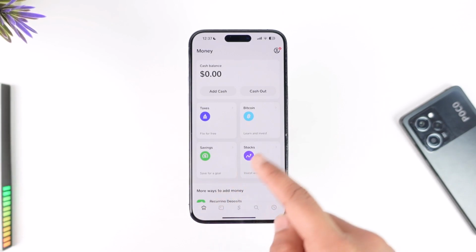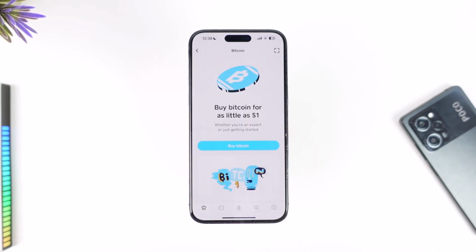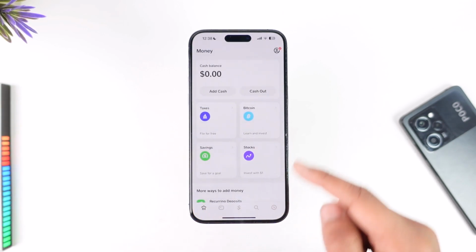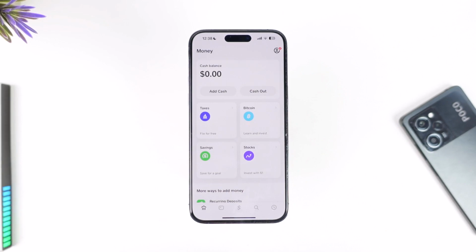So you come to the home tab, you tap on buy Bitcoin. Now I personally don't have any Bitcoin that I can sell, but if you do, instead of buy Bitcoin, you'll also find the option to sell your Bitcoin for a certain amount of dollars depending upon today's market value. Once you sell your Bitcoin, the money will then be deposited to your Cash App account automatically,